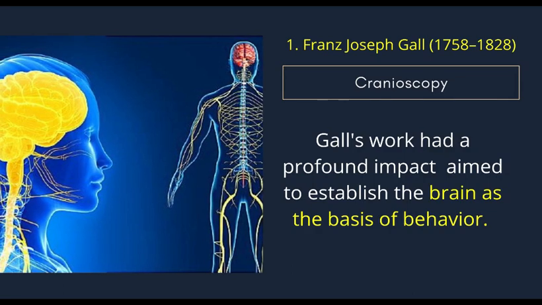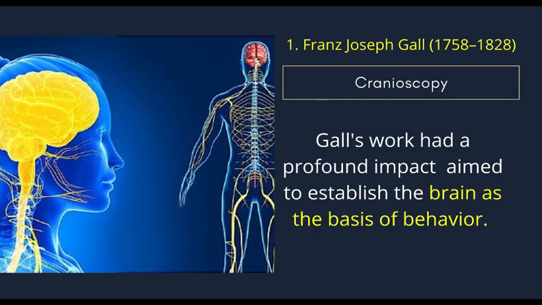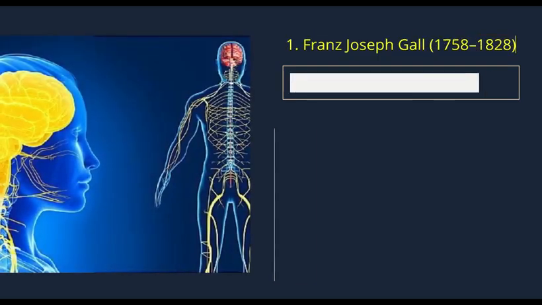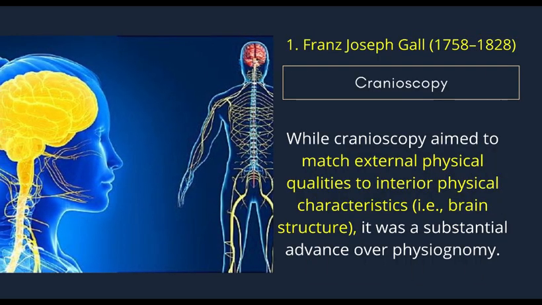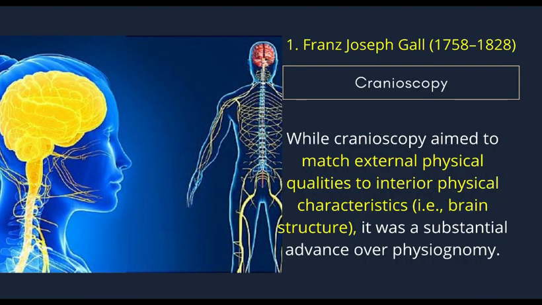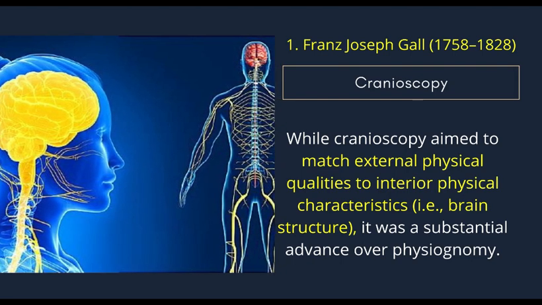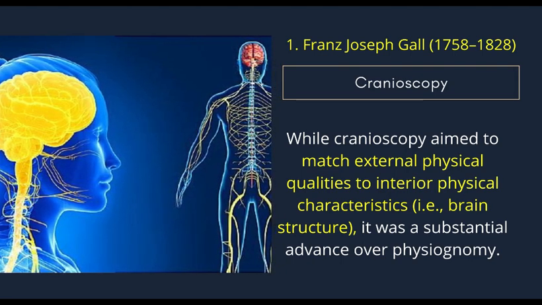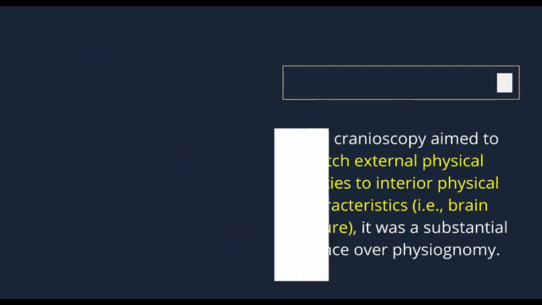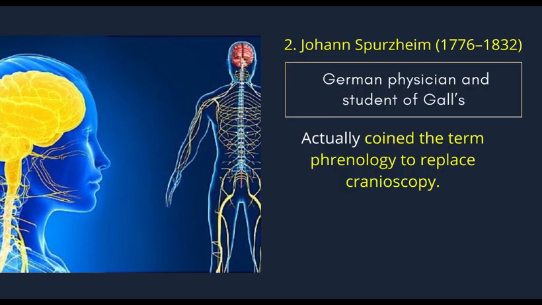Gall's work had a profound impact, aiming to establish the brain as the basis of behavior. While cranioscopy aimed to match external physical qualities to interior physical characteristics, that is, brain structure, it was a substantial advance over physiognomy. Second, Johann Spurzheim,